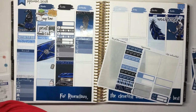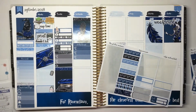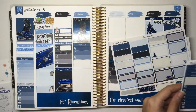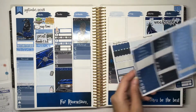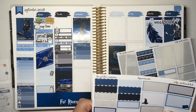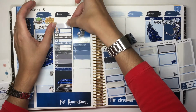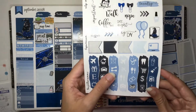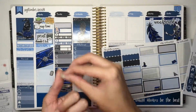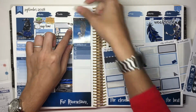That one I'll use for meal prep. I have a sticker from another kit that I wanted to use for that. I don't remember which kit this is from. And then grocery shopping I also wanted to do. There's a shopping cart icon here. Let me see, I think I'll have to use a quarter box. So we'll do this one to match the color scheme. And then we'll use the grocery cart icon from the kit, which is right here. Perfect. Whoops. Doesn't want to stay down. Okay, and then